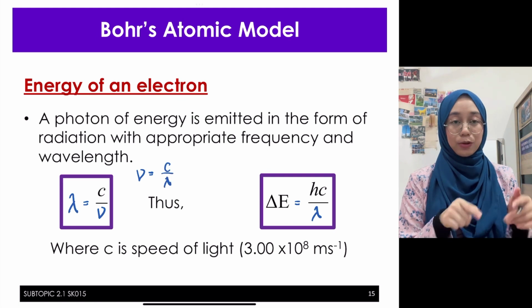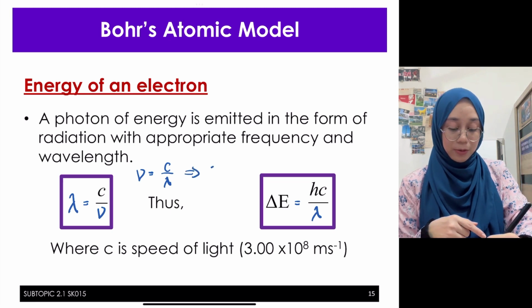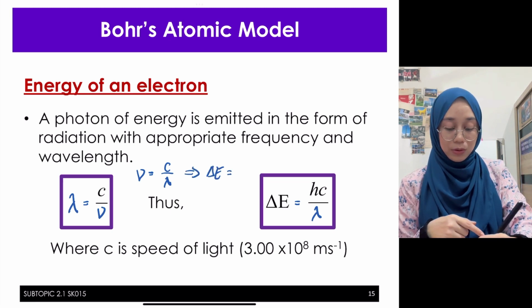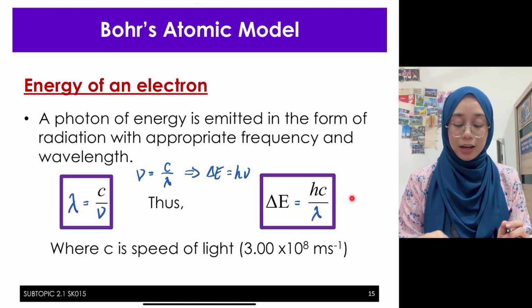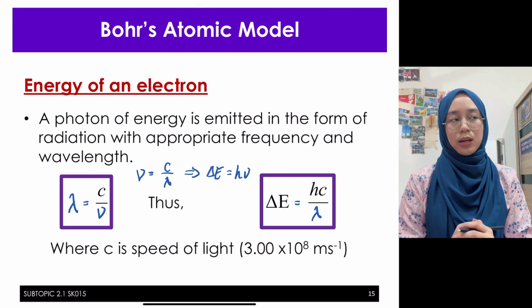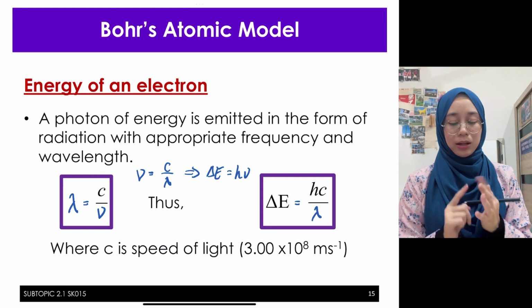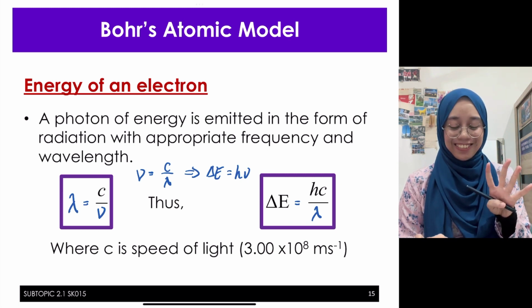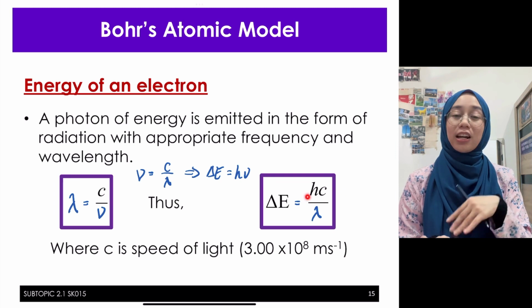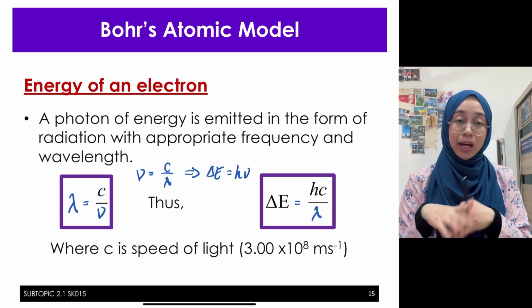Bila kita masukkan dalam formula delta E equals to hv tadi, dapatlah yang dalam kotak kat sini. Kamu kena ingat banyak juga formula yang nak kena ingat hari ni. So far dah jumpa 1, 2, 3, 4, dah ada 4 formula hari ni. And then c dalam ni, h tadi adalah Planck constant, c pula adalah speed of light, which is 3 exponent 8